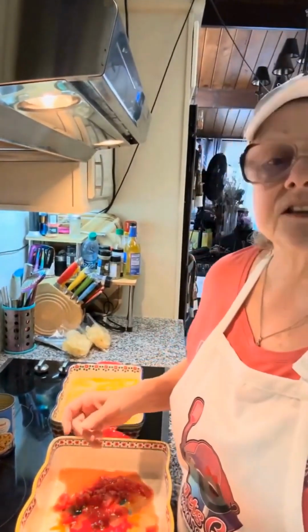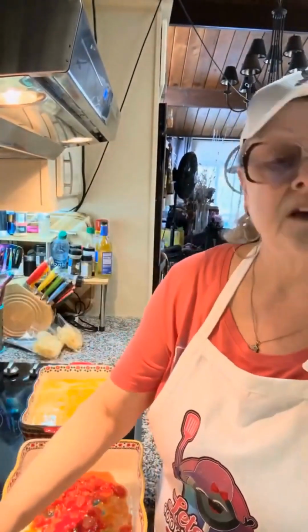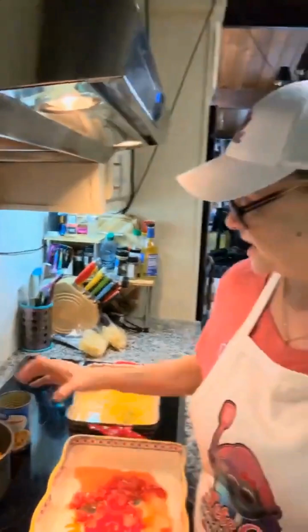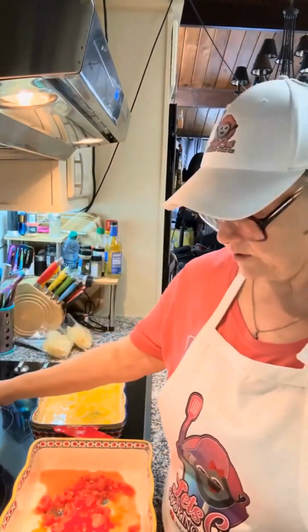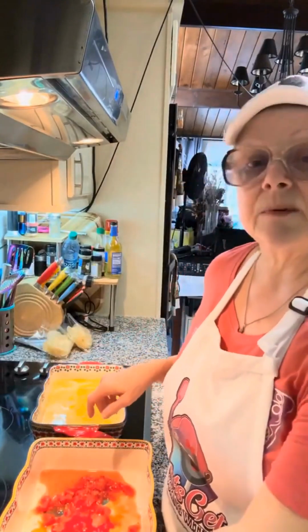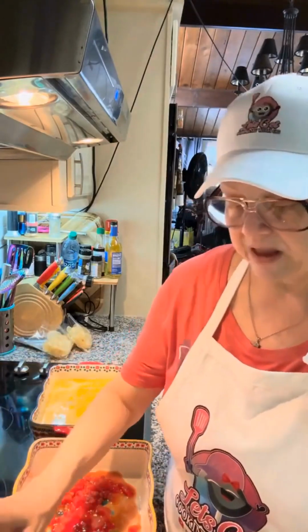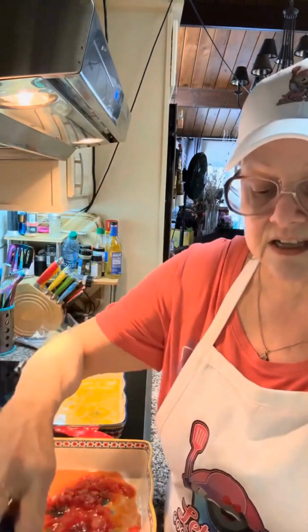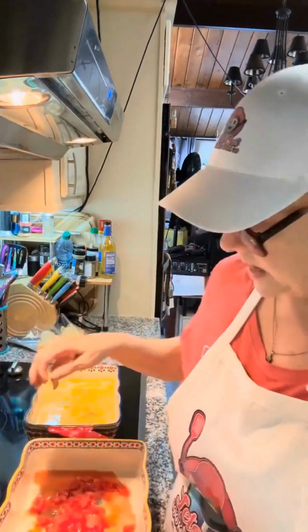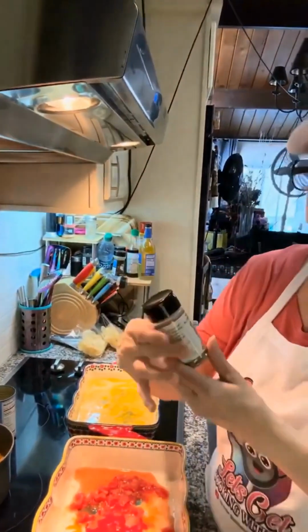Today I am making some pork chops smothered in diced tomatoes, some au gratin potatoes, and some southwestern corn. So first what I do is I put some of the diced tomatoes in the pan here, and then I take and poke holes in the pork chops so that the seasoning can get in there better. And then what I do is take some of my seasoning,